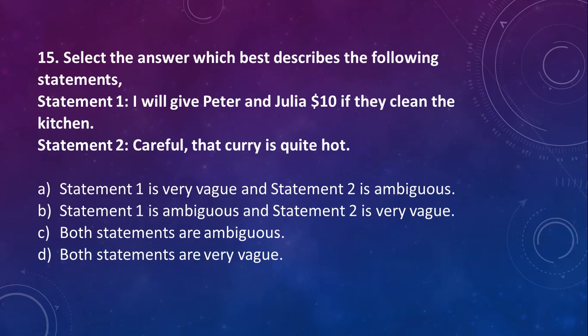So I thought it was not that vague, because if somebody's warning you, they're saying it's too hot for you to eat, or it's hot enough that you should be warned about it. But actually, you guys are making a decent case for this one. So that would mean they're both. I thought both statements were ambiguous, so I had C. B and C? Yeah. First one's obviously ambiguous. Yeah. Is the room all right with that? If we say B and C? B and C, done.